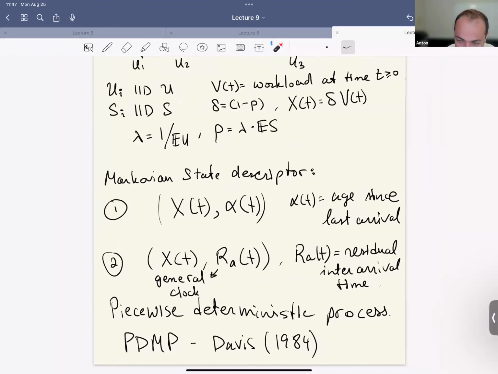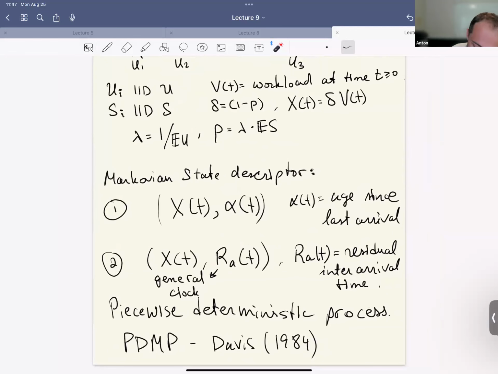Now, you may ask, what is the difference between these two representations? Representation number one, representation number two. Are they equivalent? And I'm going to say no. Actually, representation number two is a bit more general. Why? I'm not going to prove this, but if you want your age and workload to be the state